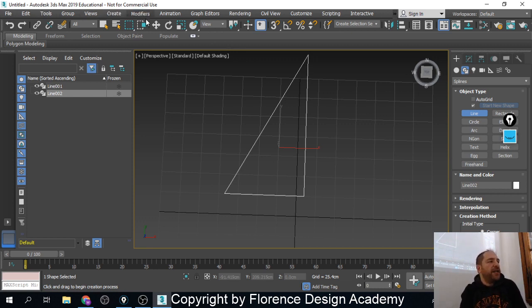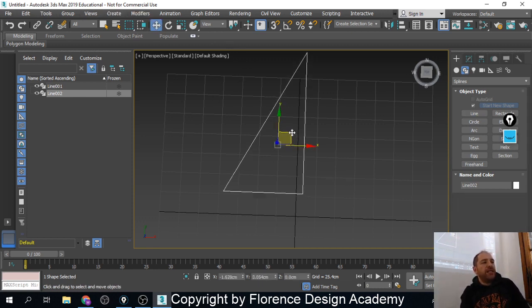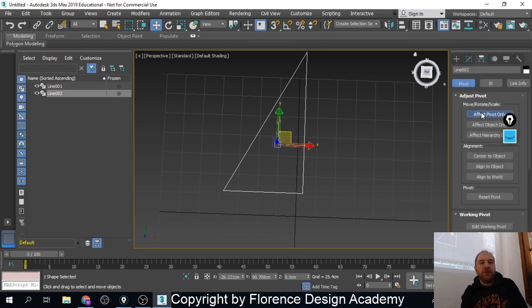Ready for this? Can you see, if I click move, where 3ds Max has placed the pivot point of this triangle? It is somewhere randomly in the center of my shape, something that I don't need at all. What I want to do is move the pivot, but this time I don't want to move it outside or somewhere inside. I want my pivot to perfectly match this